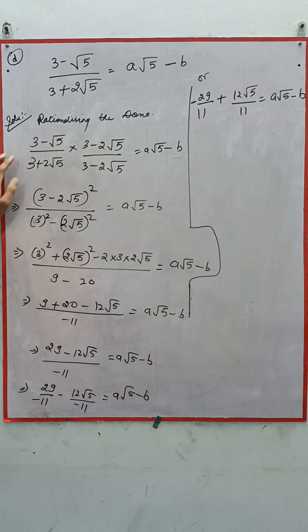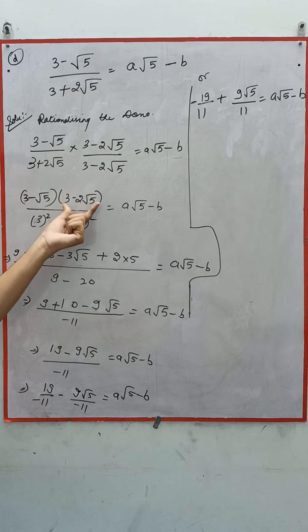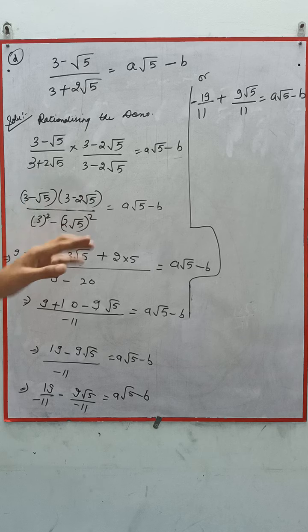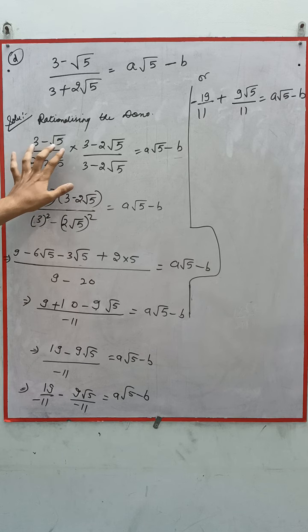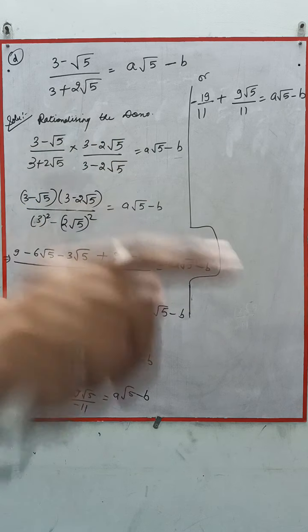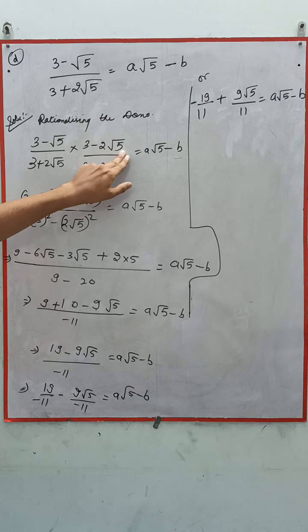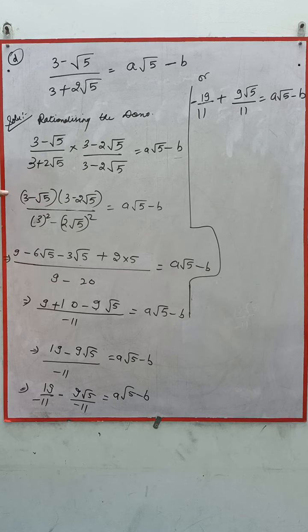And then in the next step, as you can see that, just wait. Yes. So this is 3 minus root 5 and 3 minus 2 root 5. Actually, previously I thought it is 3 minus root 5 and 3 minus root 5, so I took that as a whole square and did accordingly. But now here it is 3 minus 2 root 5. Okay. So what we have to do is multiply these two brackets.